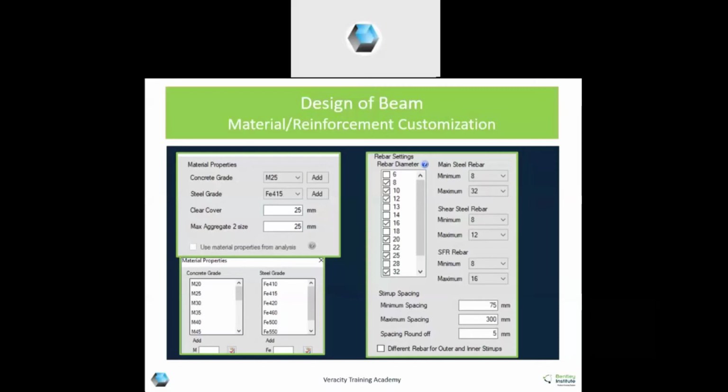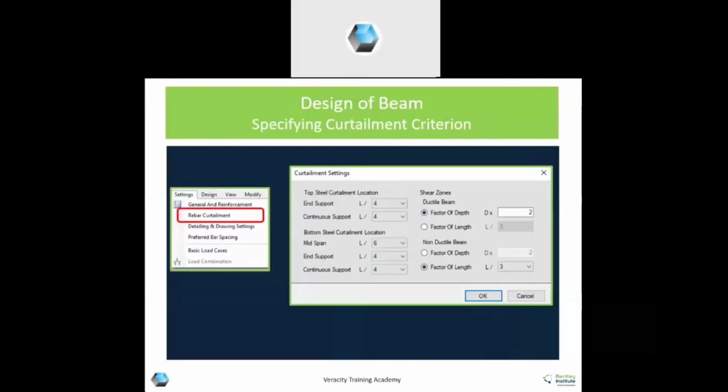Then stirrup spacing, minimum spacing 75, 300, maximum stirrup spacing criteria of d by 4, 5, 6 is taken into consideration. Curtailment of reinforcement, bottom bars and top bars, where to curtail.